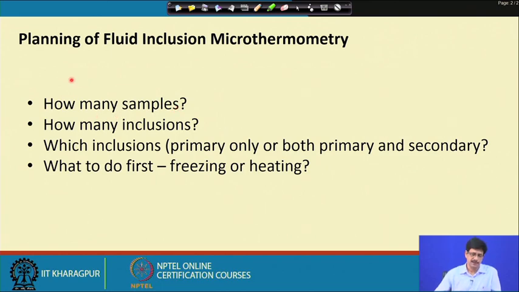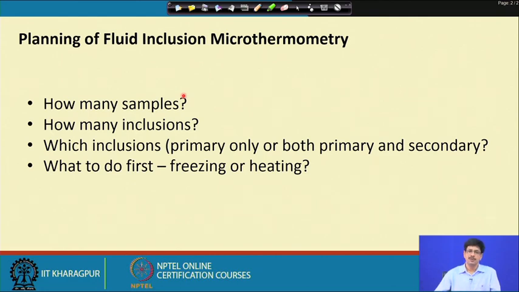It may be that if there is a good fluid inclusion section, at least 30-40 inclusions per section should be sufficient. It must represent all the types that have been observed in that particular section, and then such samples should be taken in good number from an exposure depending on the nature of the problem. Suppose I have an ore body measuring hundreds of meters or at least a kilometer. I would expect at least some 30-40 samples to be studied, and at least some 30-40 inclusions per sample, which will make a number to take care of the statistics.